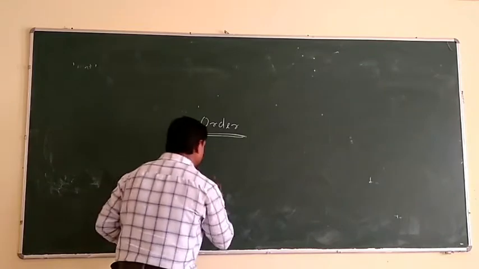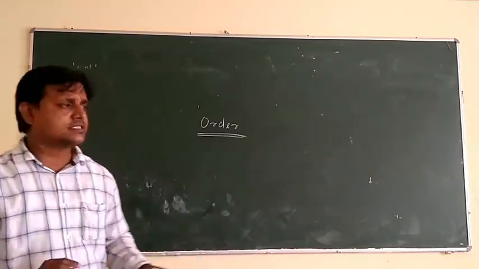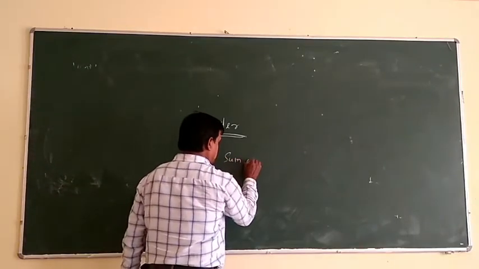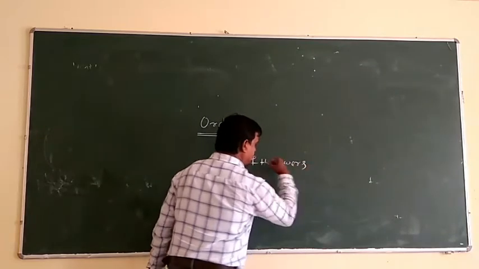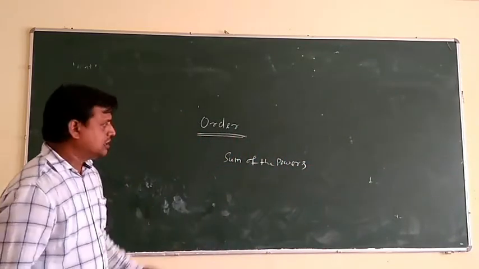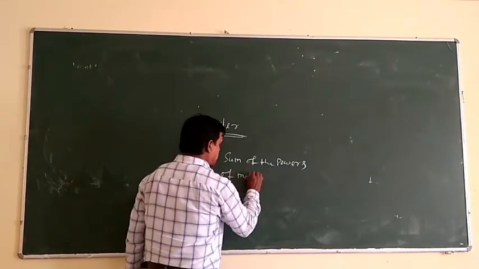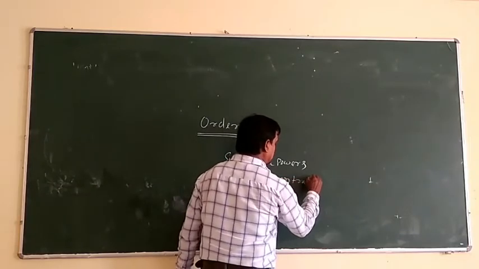Okay? So order of a chemical reaction is defined as the sum of the powers of the molar concentration